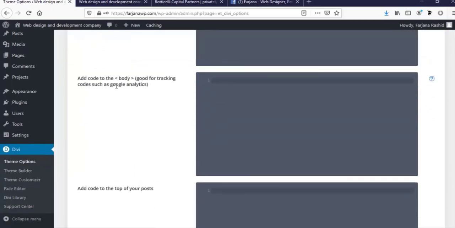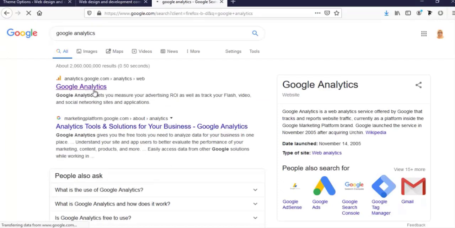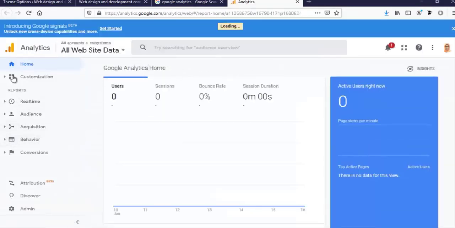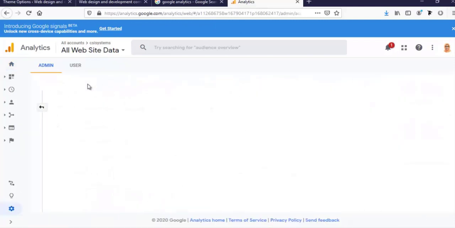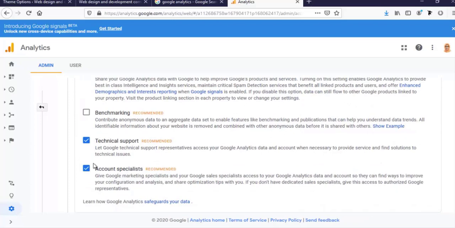Here I will add the Google Analytics code. Okay, so to get the Google Analytics code I'm going to Google and typing Google Analytics and going to Google Analytics. I already have an account there, so I am logged in here. Now I'm going to admin and create account, and here for my new account name, I'm typing DB website Google products and service. I am deselecting this,